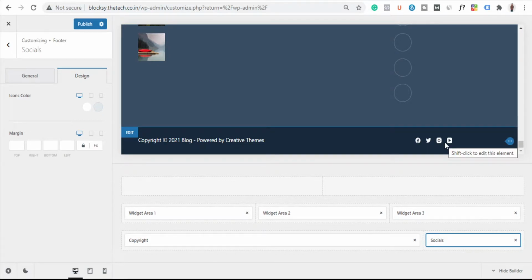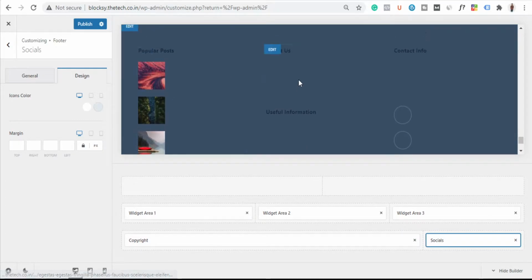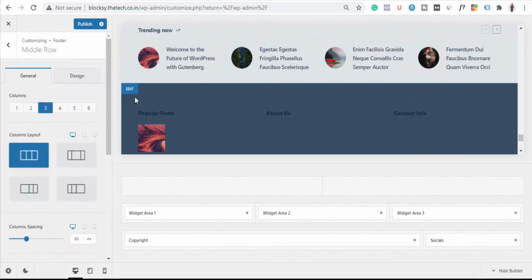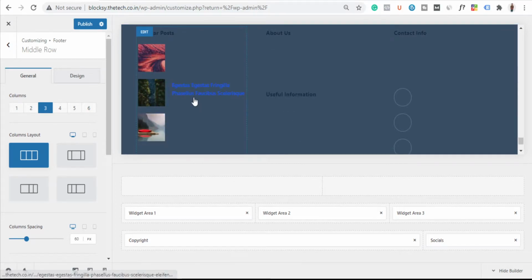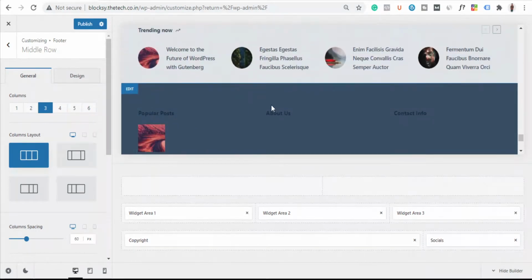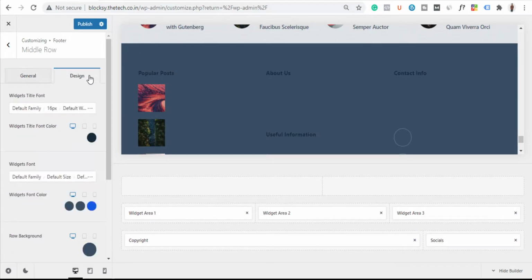Okay, and now let's fix this one, the footer widget section. So to fix this, let's first go to the edit section. Okay, and here it's up to you what the width of everything should be. Okay, first let me fix the text so that it will be easier for us to see. So for fixing text, let's first go to design, and here you can see we have a widget title font color.